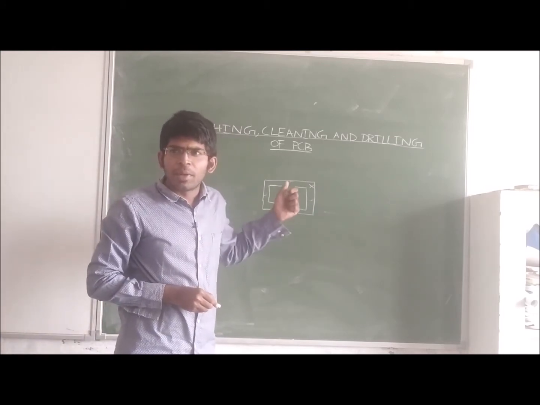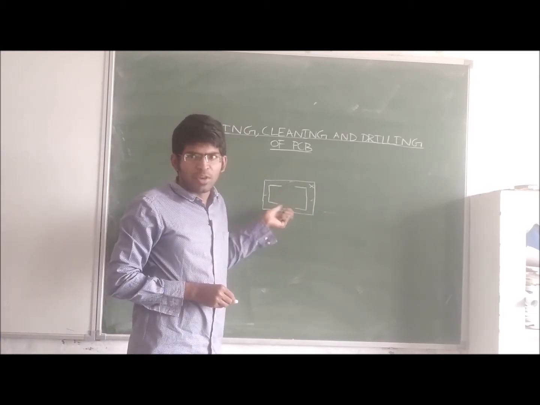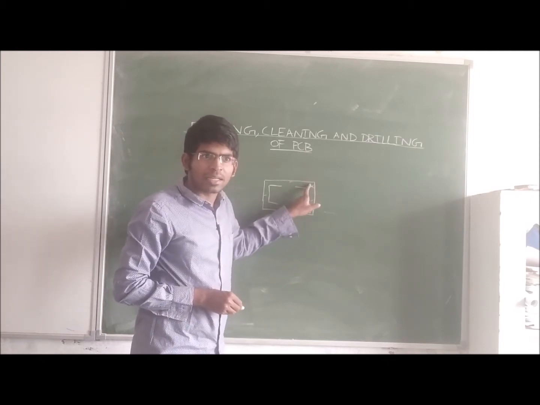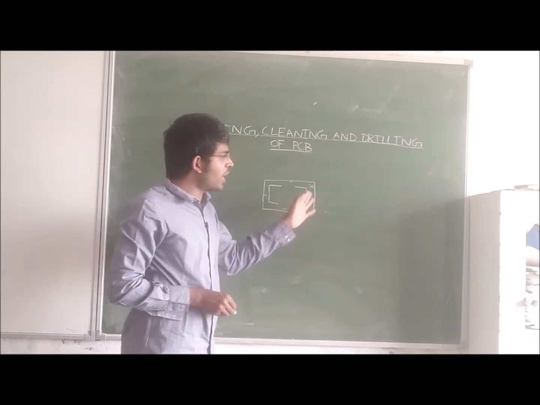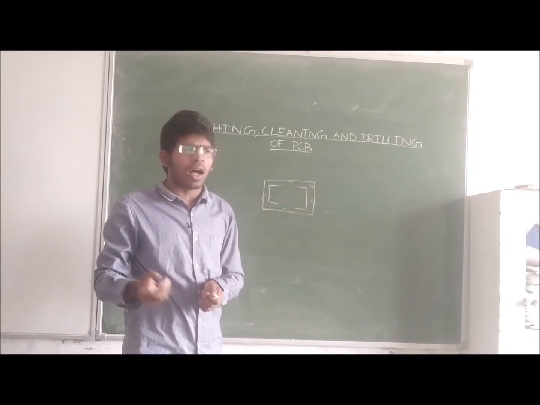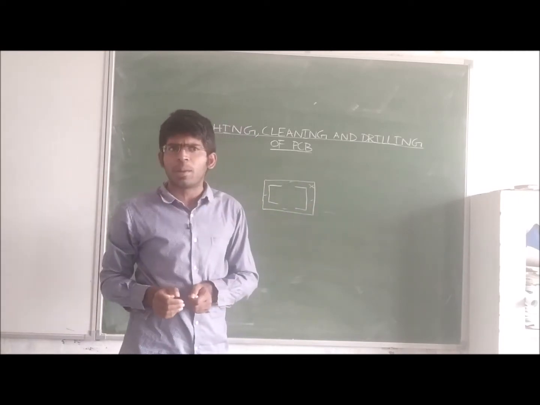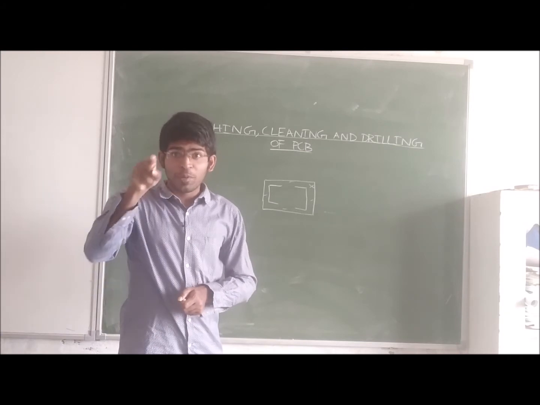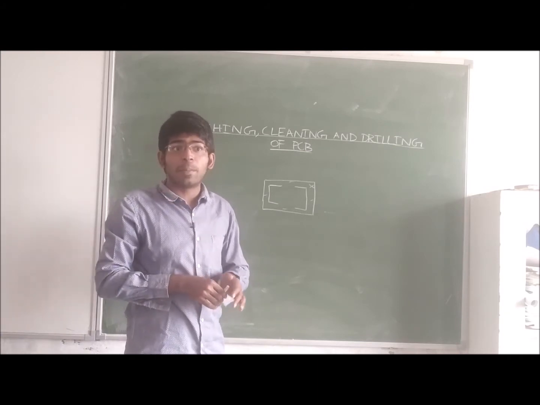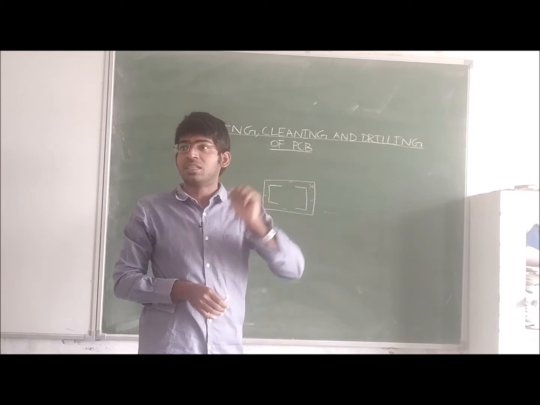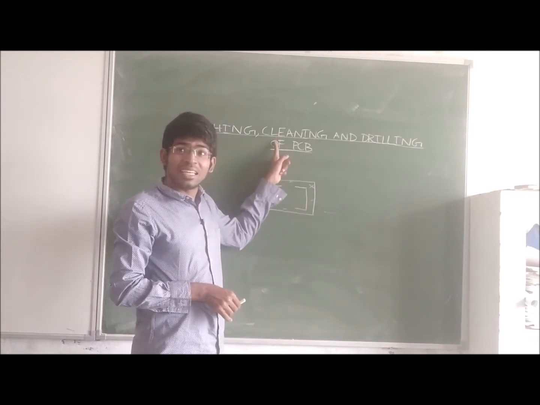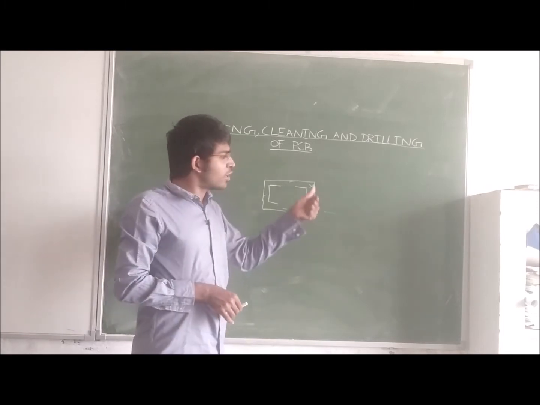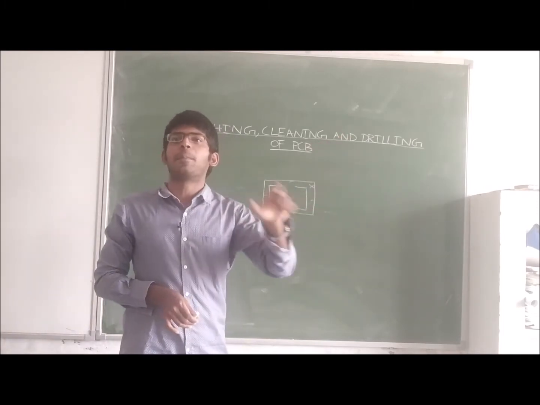So this chemical process by which we are making the copper conductor an insulator means we are removing the unwanted copper. We are not physically removing the unwanted copper. We are not removing it by using any tool, but we are removing this copper by using the chemical reaction. That's why etching is the chemical process by which we are removing the unwanted copper.